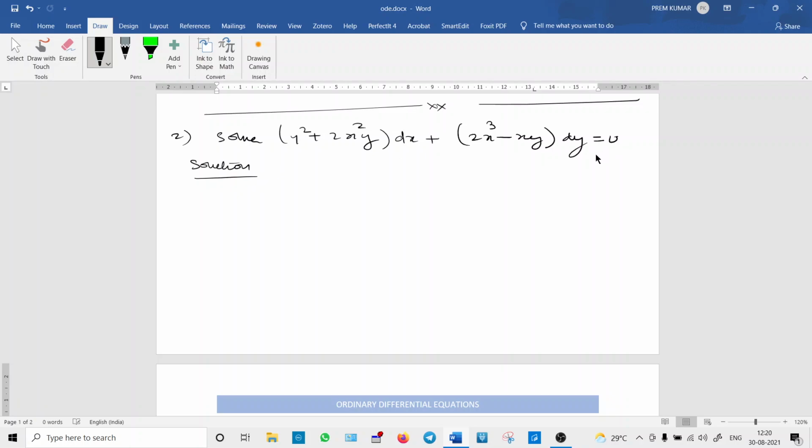So now there is a different approach for this problem. See, this is not an exact differential equation. You can check, if this is m and this is n, it is not satisfying the necessary and sufficient condition. What is that? Dou m by dou y must be equal to dou n by dou x. That is definitely not equal here. So the above differential equation is not exact.